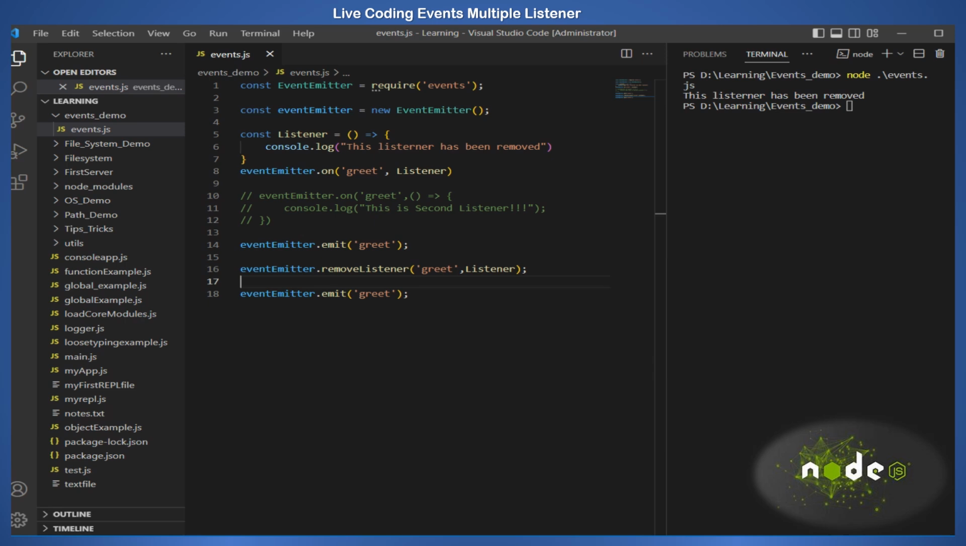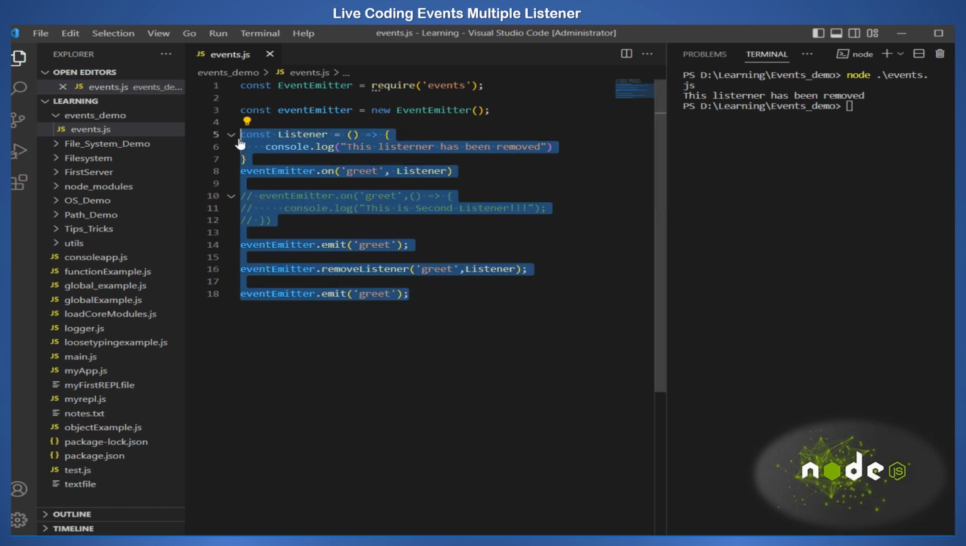So the next one is using once to listen to events once, right? What if you only want an event to be handled once? The once method allows you to create a listener that only listens for the event one time. So I can just quickly run that to show how it works. Let me comment all this out for now, and I'll freshly create some